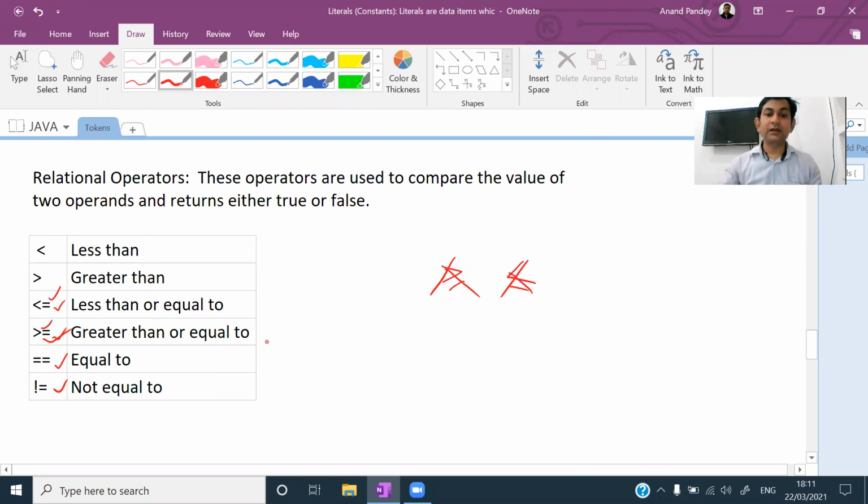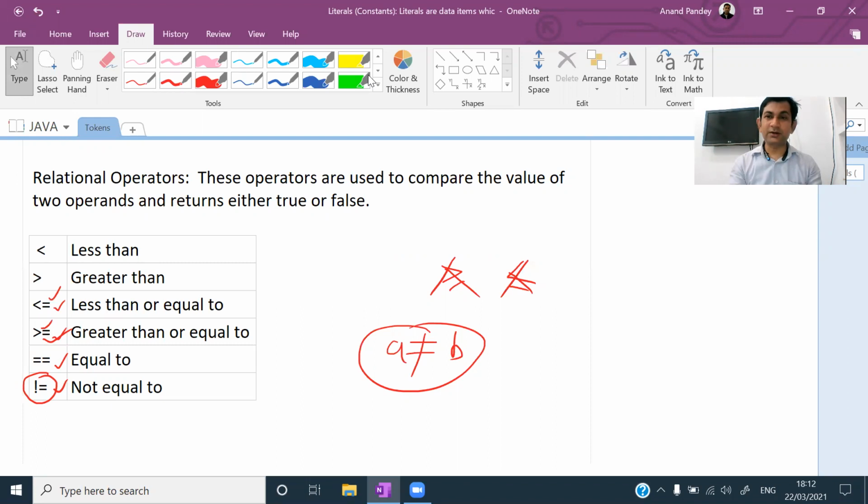Please be careful. In maths, you have a habit to write not equal to like this. I think a not equal to b, you used to write like this. This is not correct. You need to write this operator. For not equal to, please remember this operator. So these are the common mistakes which you make in case of relational operators in programming. So be careful. Please don't repeat such mistakes.